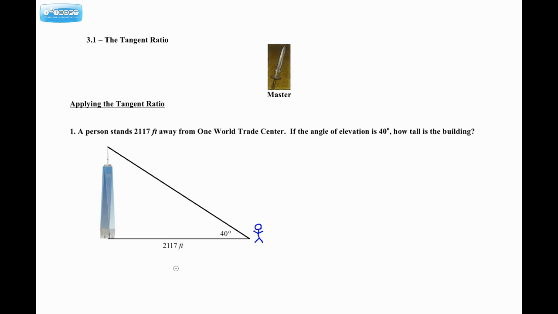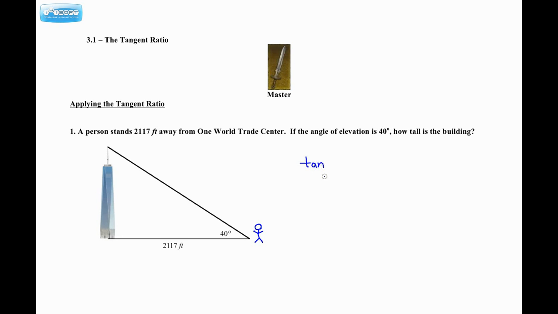Okay? And this is really useful because if you were to measure the height of the building directly, what are you supposed to do? Stand on top of it and drop a really long tape measure and measure it directly? That is not very practical. But we can use simple trigonometry using things that we can measure much more easily to determine the height of a building. Okay. So we have a right triangle,